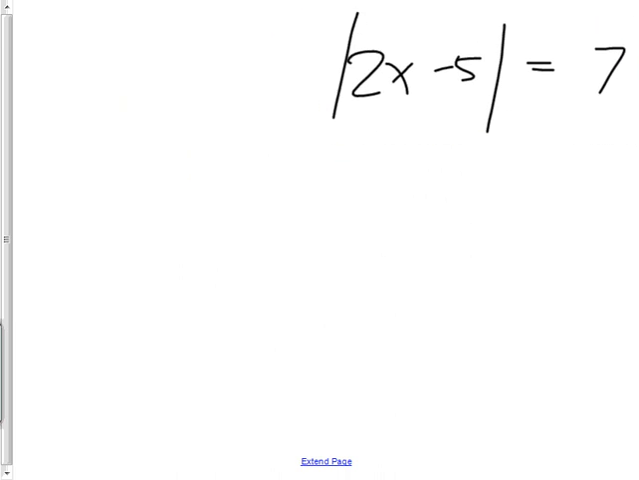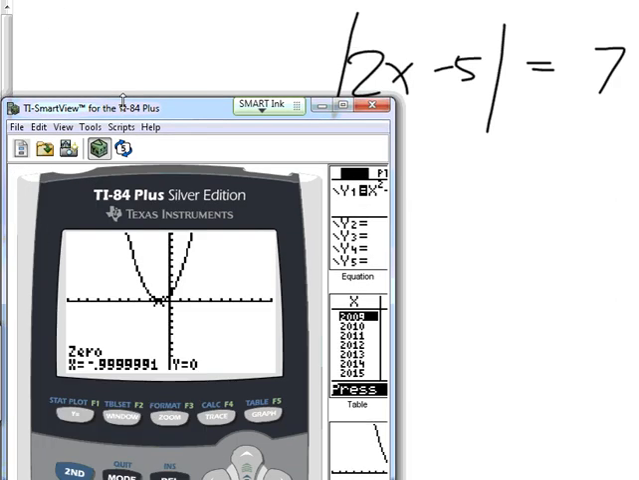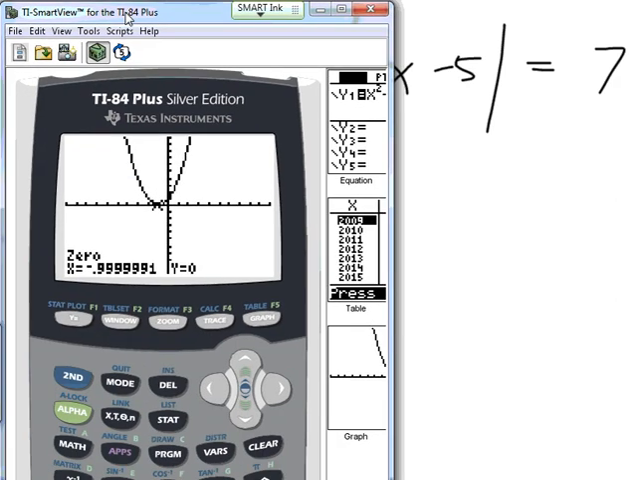There's only one button you need to know to be able to find any function on your calculator, and the button is called catalog. Look for it right above the 0. See the word catalog there? You can find anything in the world that your calculator can do under catalog. So if I want to do absolute value of 2x minus 5,